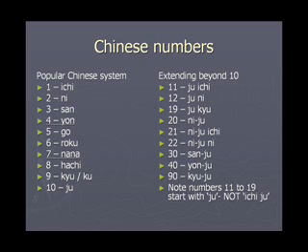Now the higher order numbers go like this. 11 will be ju ichi. 12 is ju ni. 13 ju san. So on and so forth. Please note, these are not ichiju ichi, ichiju ni, etc. After ju q, you don't go to juju, you go to niju. So that's why I said the previous from 11 to 19 are not ichiju something. Niju, niju ni, niju san, niju yon, etc. After that you reach sanju, yonju, goju, rokuju, nanaju, hachiju, kyuju. So that's the way it goes up to 90.